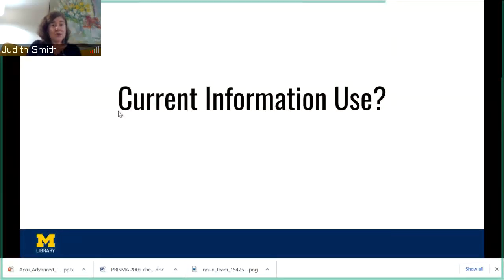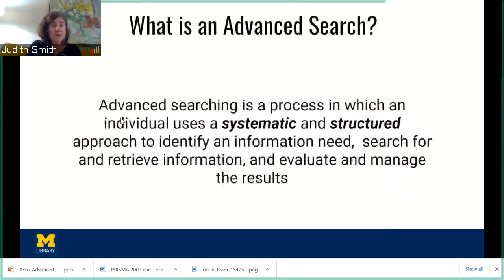Another attribute of a systematic approach is search comprehensiveness. Another attribute is predefined inclusion and exclusion criteria. And finally, you would need quality assessment. So let's talk about the first attribute of a systematic review methodology.